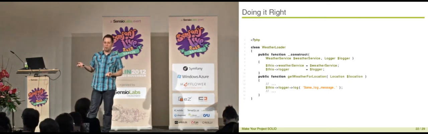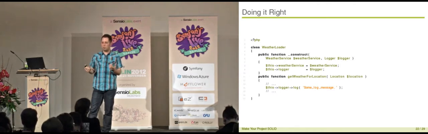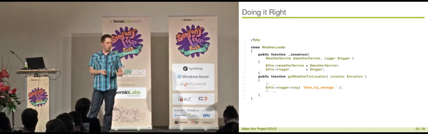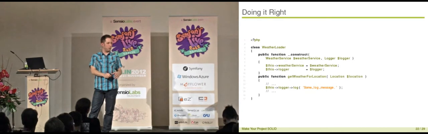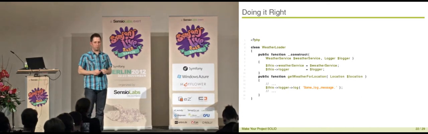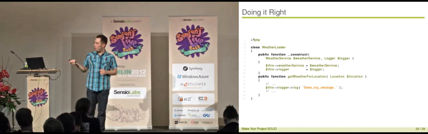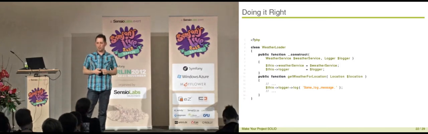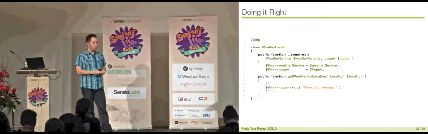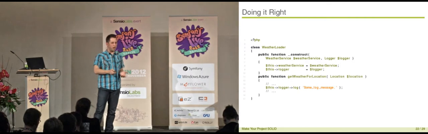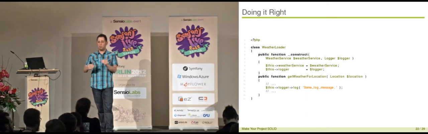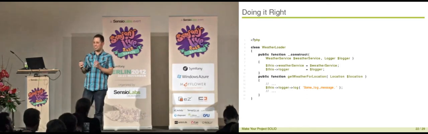You have a high-level module here, which is the weather loader, which is a very specific component already in your application, and it relies on low-level components. A logger is a very low-level architectural component. It's an infrastructure component, which you, for example, pick from Symfony or whatever, pick it from somewhere. So you don't want to rely on the details of that implementation which you're using. And the other way around, the details of how a logger is implemented should not influence your abstraction. It should be hidden behind your abstraction. Then you gain the goal of object-oriented programming, reducing complexity and encapsulating complexity into classes.